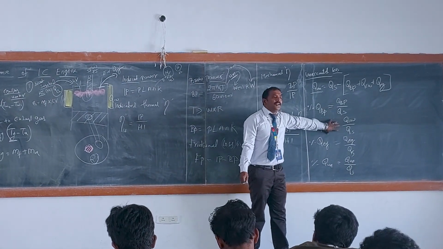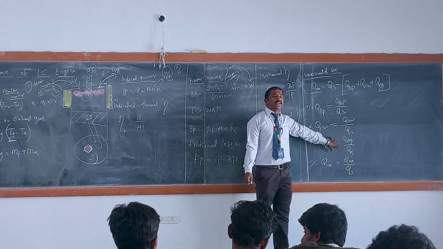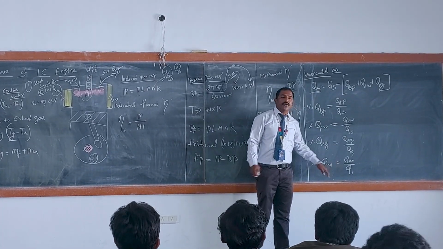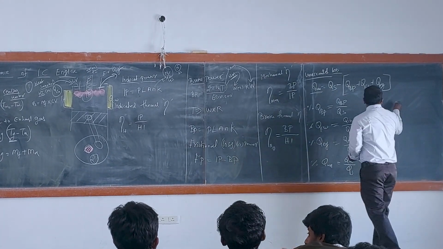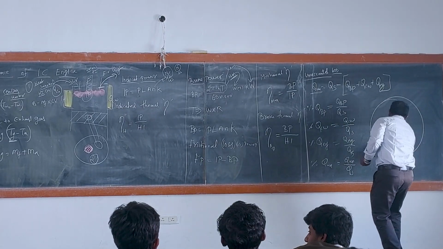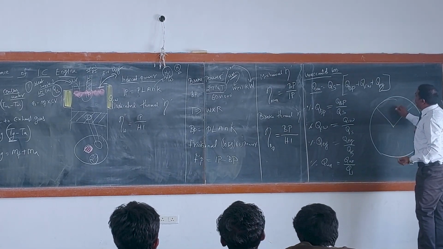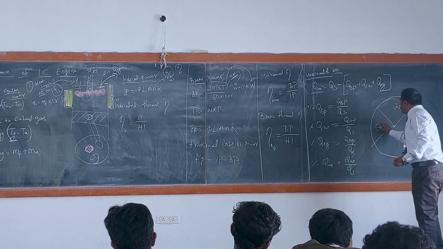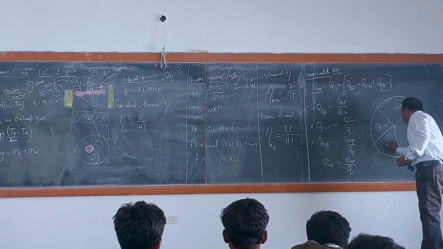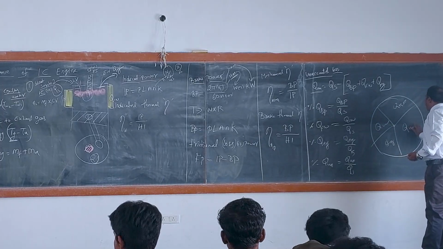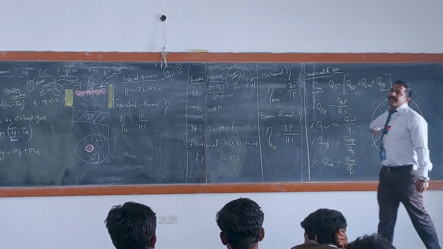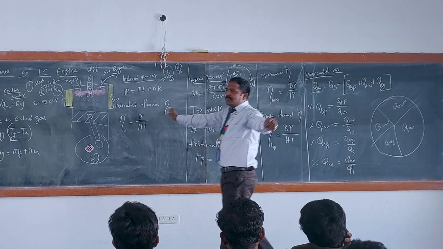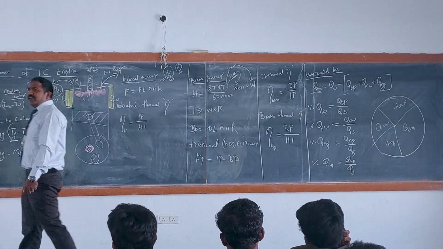We calculate. This takes 60%, this takes 20%, this takes 15%, this takes 5%. We draw by that. Because we say from that, this loss is there due to brake power. This loss is there due to cooling water. This loss due to exhaust gas. This loss due to calculation the